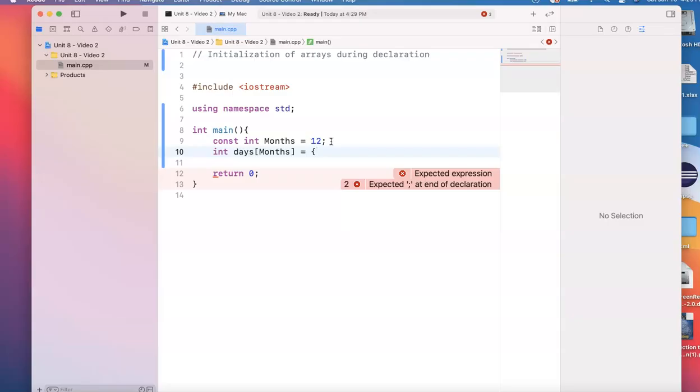If I write 31, comma, 28 for February, assuming it's not a leap year, then 31 for March, and I stop here, it's only going to put the first three values: January, February, and March. So if I said here, just to show you,